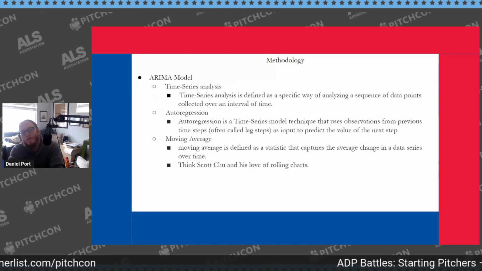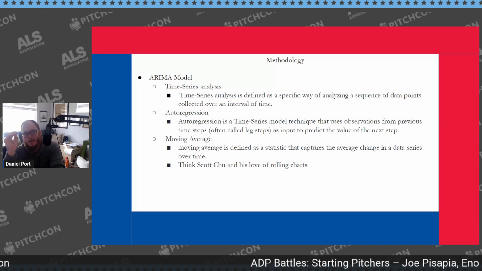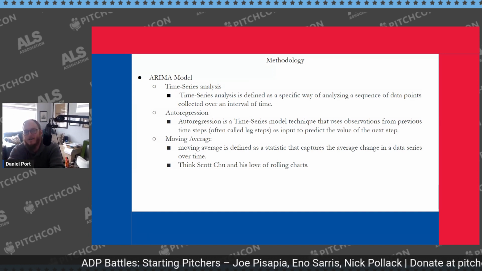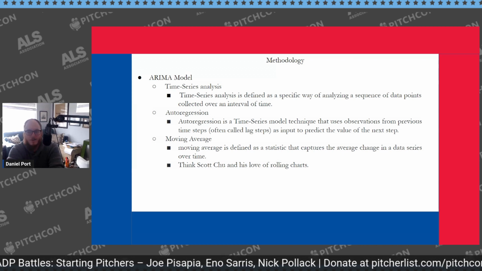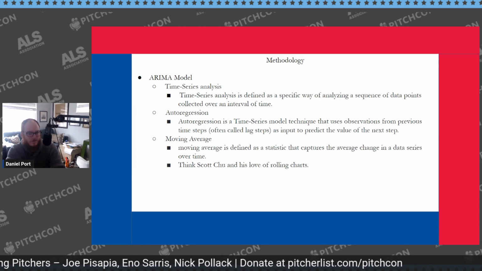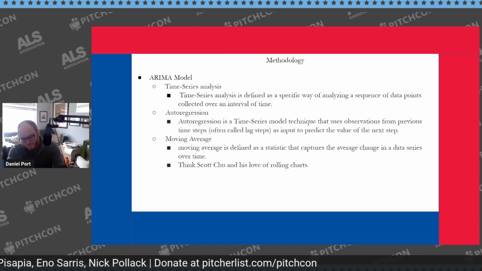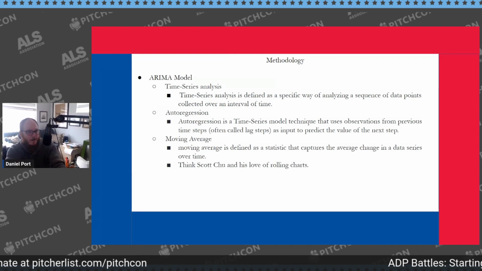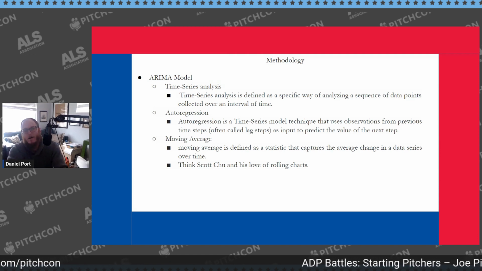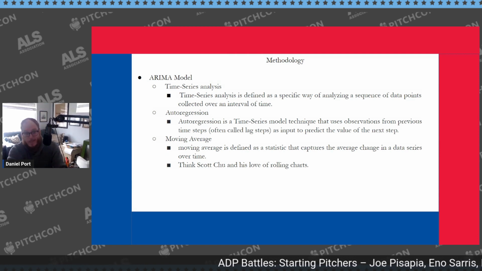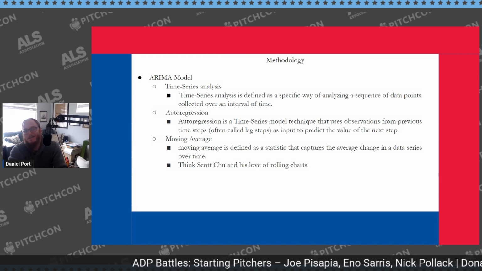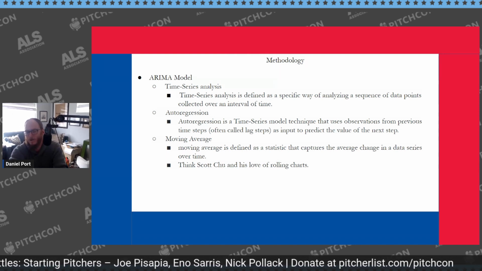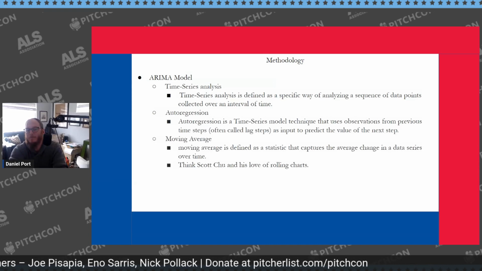Now, if you go to an ARIMA model, the ARIMA model is a type of time series analysis. Time series analysis is defined as a specific way of analyzing a sequence of data points collected over an interval of time. Essentially, you're just looking at how something has changed over time at the end of the day, right? Now, autoregression, that's what the A in ARIMA stands for, is a time series model technique that uses observations from previous time steps, or oftentimes you hear them called lag steps,